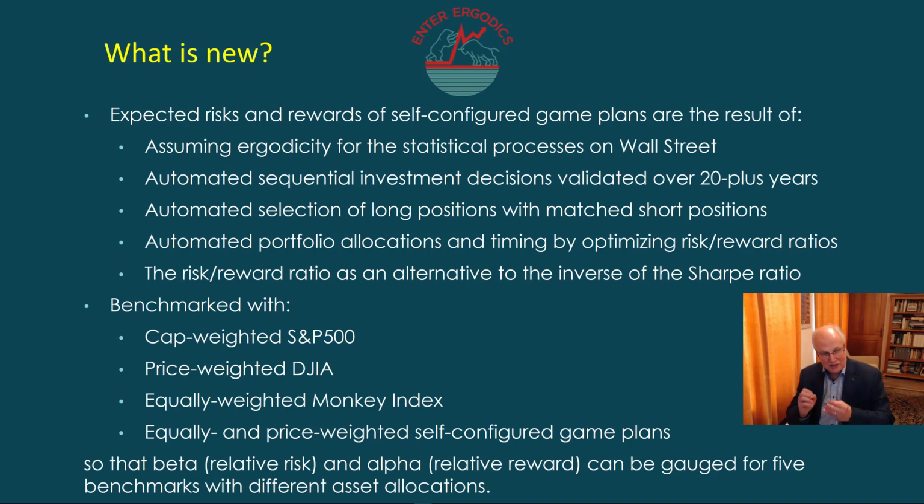Automated optimal portfolio allocations and timing by optimizing risk-reward ratios. The risk-reward ratio as an alternative to the inverse of the Sharpe ratio. This is all benchmarked with a cap-weighted S&P 500, a price-weighted Dow Jones Industrial Average, equally weighted Monkey Index, equally and price-weighted self-configured game plans, so that beta, which stands for relative risk, and alpha, which stands for relative reward, can be gauged for 5 benchmarks with different asset